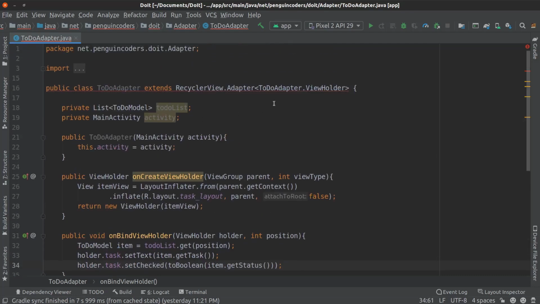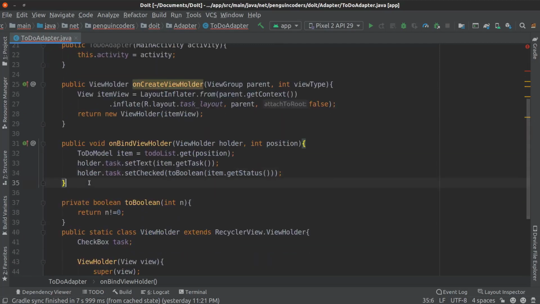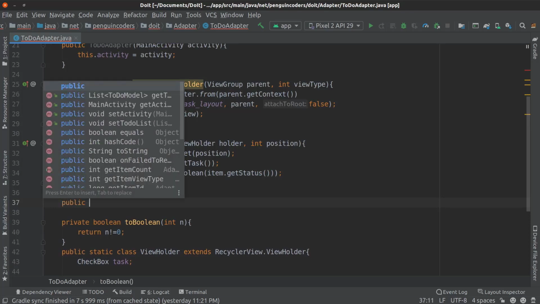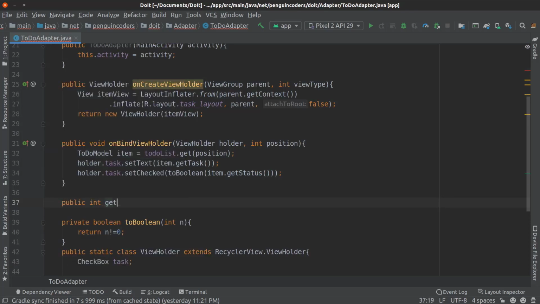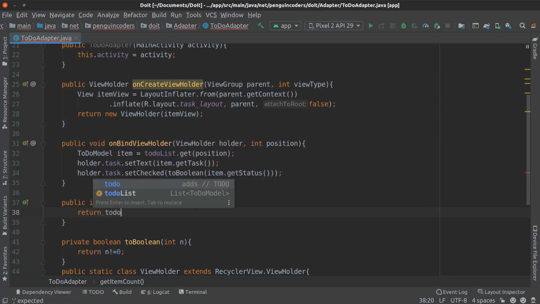And what's the error now? Get item count. Okay, so we need to define the get item count here as well. So I will write public int get item count. The public int get item count is required so that the recycler view knows how many items it has to print. So we will retrieve the size from the to do list, and we will return its size.